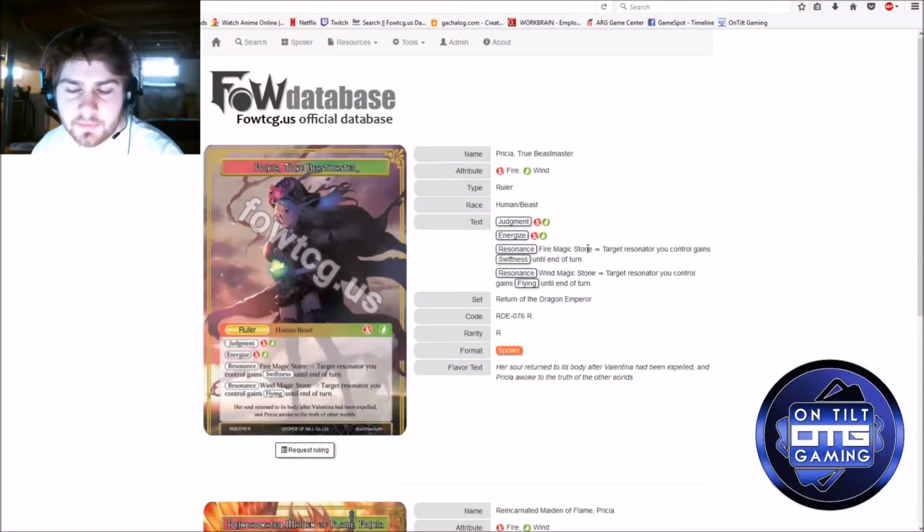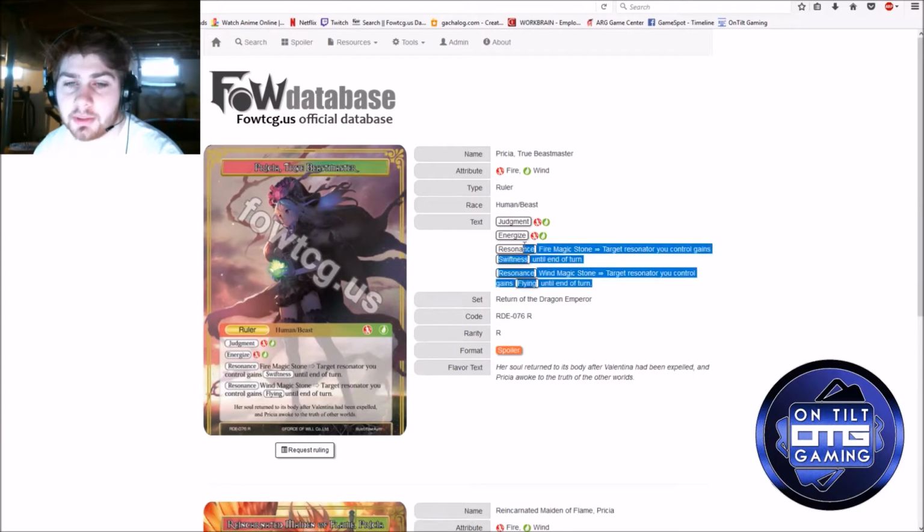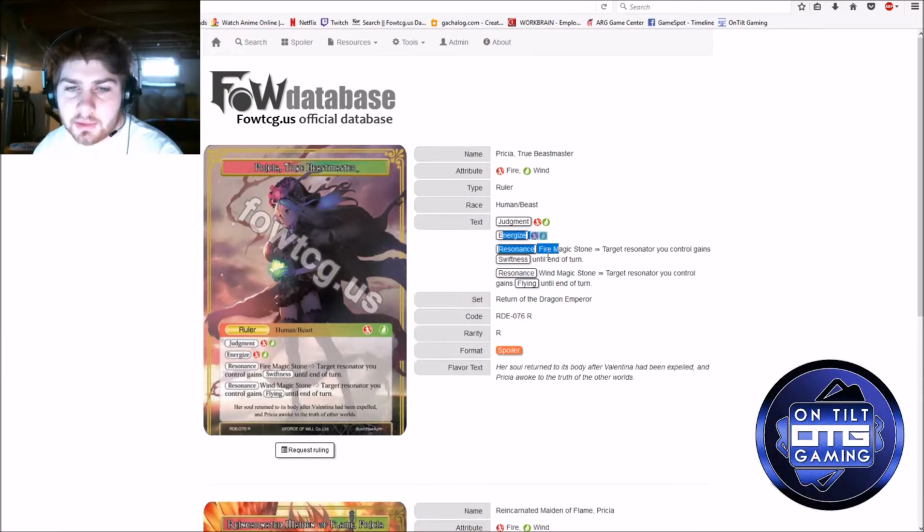So she's got Resonance, Fire Magic Stone, dude gains Swiftness, Wind Magic Stone, someone gains Flying, which is a little slow. You generally, in an aggro deck, which is what this archetype seems to be filling out as, you don't want to play cards and then call a stone, you want to play very on curve. This definitely has a lot of potential to get punished by Wall of Wind if you get greedy with your Resonance abilities. Although the Flying one is much more relevant, because you get to play something and then have something already on the board gain Flying. Having something already on the board gain Swiftness is irrelevant, so the first ability is mostly irrelevant,